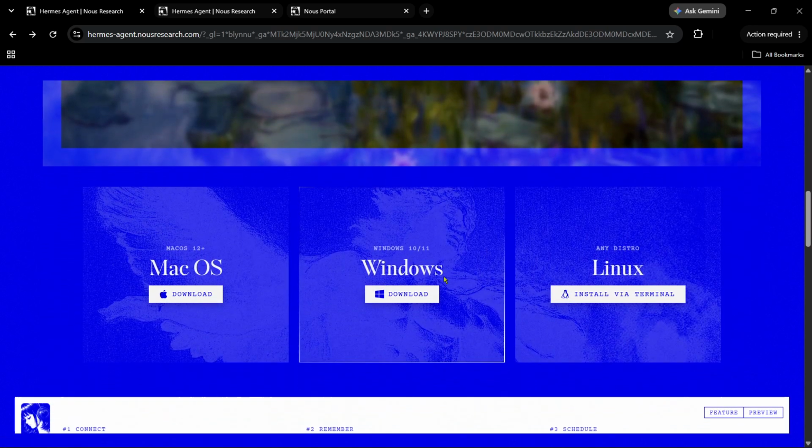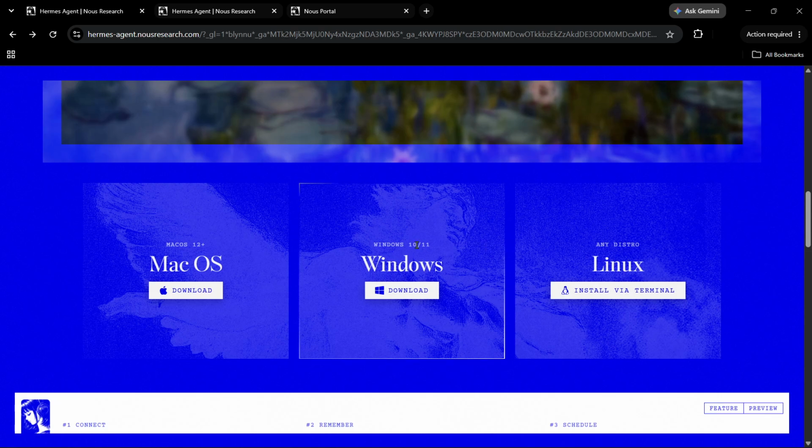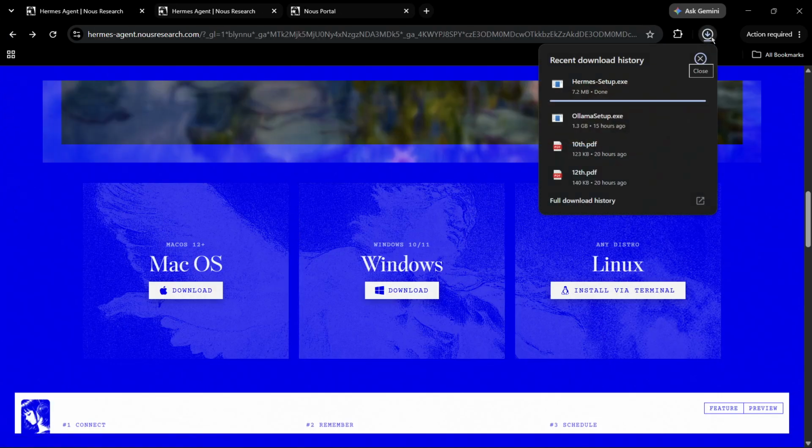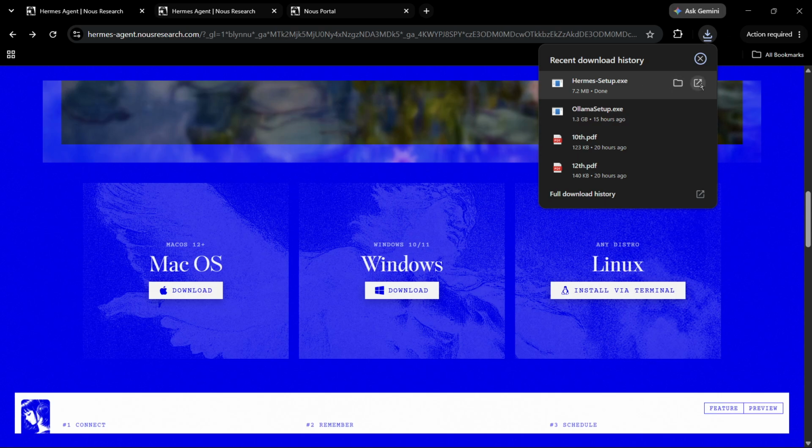You can click onto this install button for getting the installation guide. Since currently I am on Windows, it has automatically detected my operating system to be Windows. Apart from that, it is also available for Mac OS and the Linux as well, which you can install via the terminal. So for Windows, let's click onto this download button and you can see that the Hermes setup.exe has